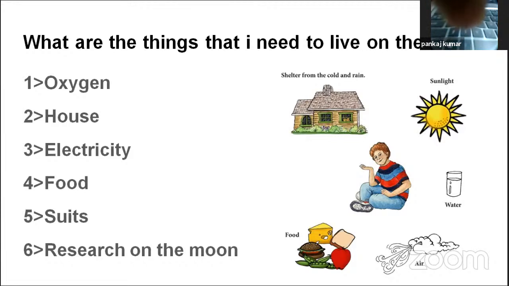जब हम मून पे लॉन्ग टर्म के लिए जाएंगे तो हमें किन किन चीजों की जरूरत होगी, जैसे हमें वहाँ रहना होगा, तो what things do I need to live on the Moon? Oxygen, house, electricity, food, suits, research on the Moon. और हम वहाँ पे जाकर जो रिसर्च करेंगे, मून की सरफेस कैसी है, एनवायरनमेंट कैसा है, हमारे लिए क्या सूटेबल है।